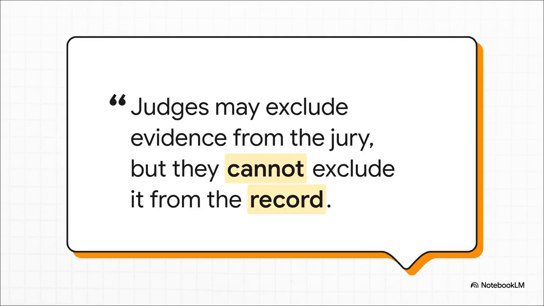Now, this right here is so important because it sets down a powerful rule. The appeals court in Gaylor came down on that trial judge like a ton of bricks. They said, listen, a judge can absolutely keep evidence away from the jury. That's their job. But what they cannot do is keep that evidence out of the official record for an appeal. When a judge blocks a lawyer from making an offer of proof, they make a fair appeal impossible. And that, my friends, is what we call reversible error. Gaylor's conviction was thrown out.